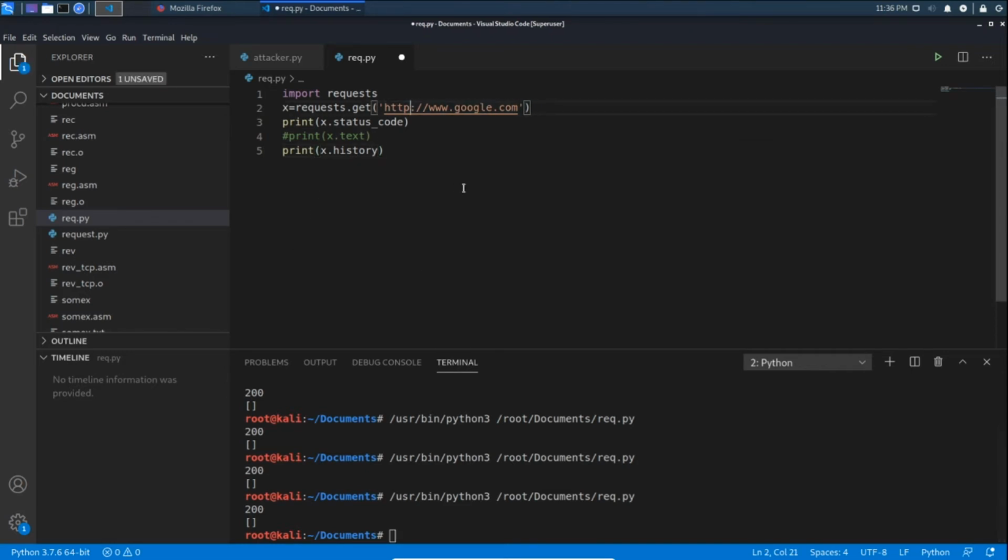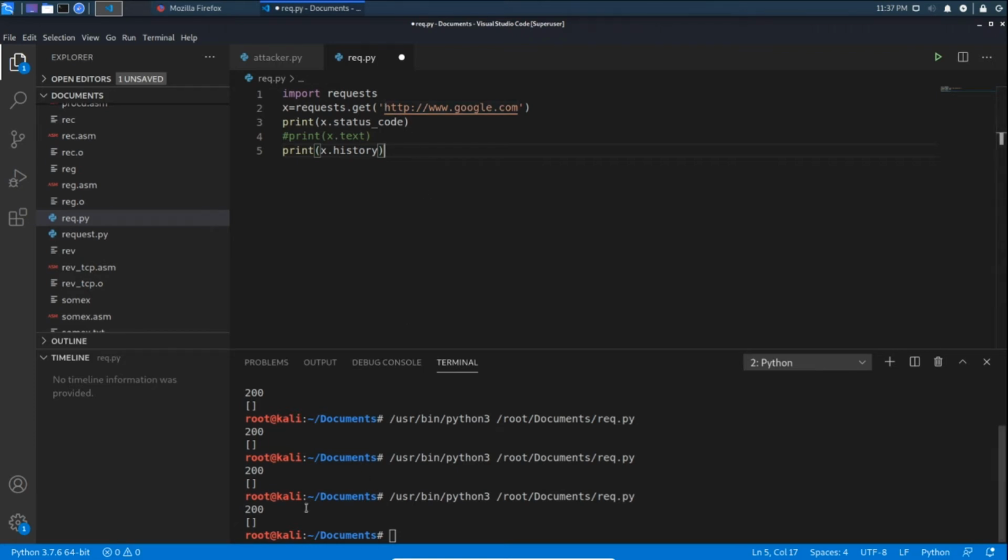When you use HTTP, it will say that it is a redirection, that it will redirect to https www.google.com. When we set allow_redirects equal to false, then we will get the response from the HTTP website itself.